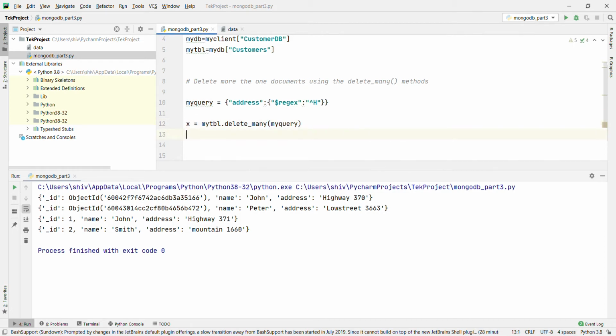Okay, and print x dot deleted_count. That is going to show how many records are deleted.